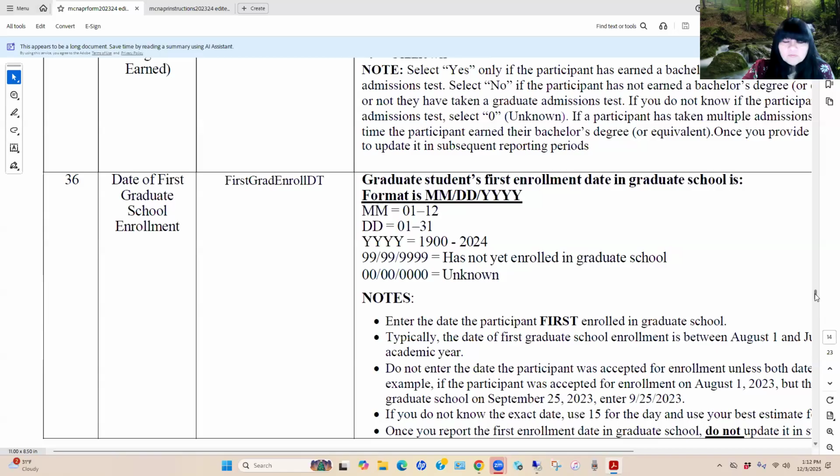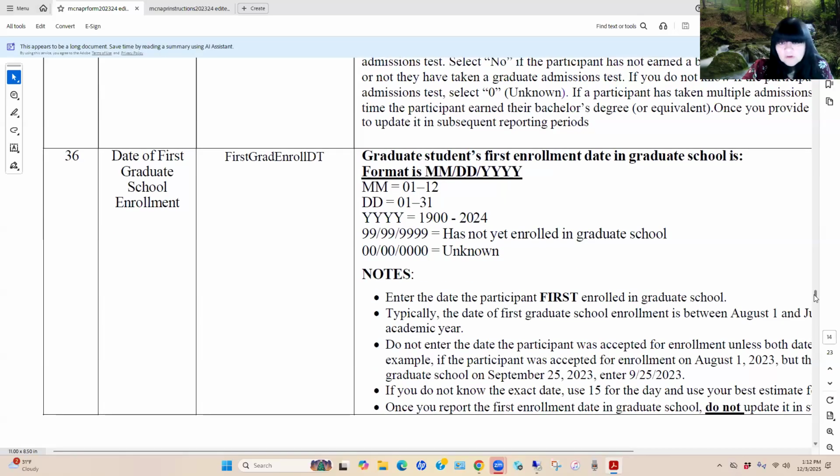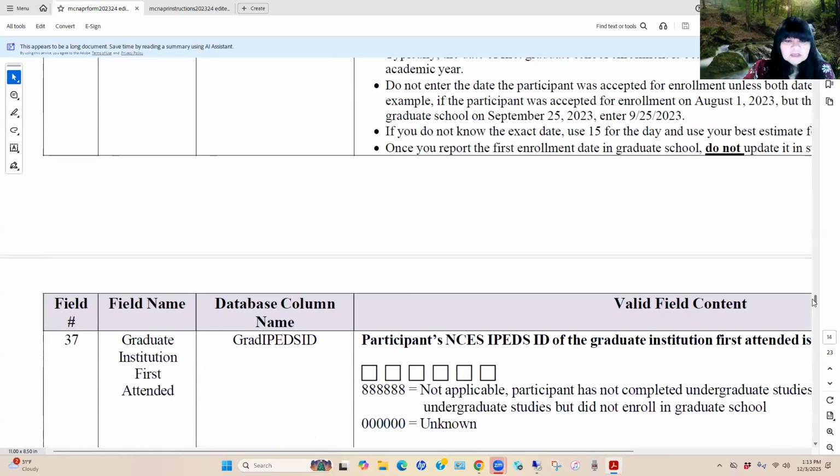I'm going to go ahead and review a couple more fields, and then I want to respond to something that's really important to understand about the McNair Annual Performance Report, with respect to the last few fields of data that we've reviewed regarding earning a bachelor's degree and graduate enrollment. Okay. So let's go ahead and take a look at the next field.